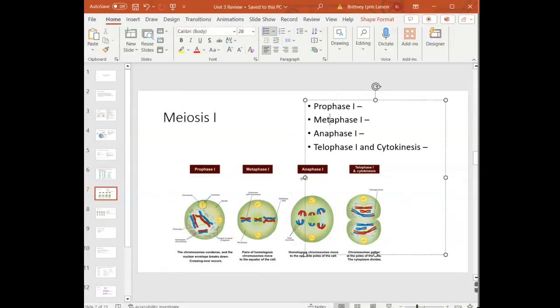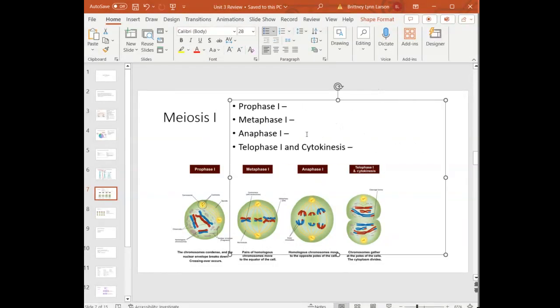In meiosis 1, this is where everything unique happens, okay? Prophase, we still see the nuclear envelope dissolve, right? And it has to dissolve in prophase 1 because if it doesn't dissolve, we can't move that genetic material around. It's a barrier, okay? And we see crossing over